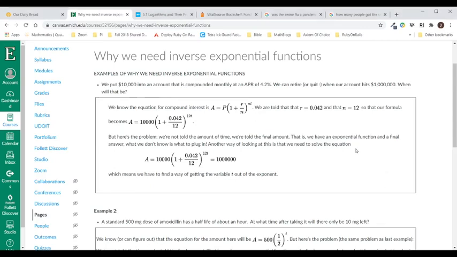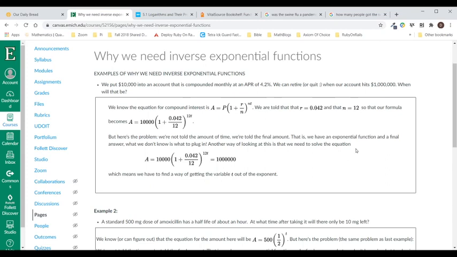Okay, according to the syllabus, the next kind of function we're going to be hitting are logarithm functions. And I don't know if you've seen logarithm functions or not. You might be asking, why do we need another kind of function? Well, in this little video, all we're going to do is talk about why we would need an inverse exponential